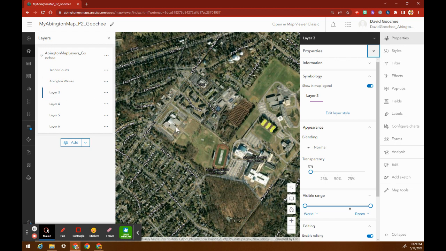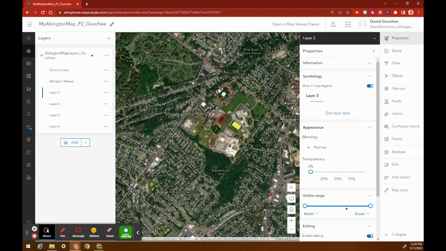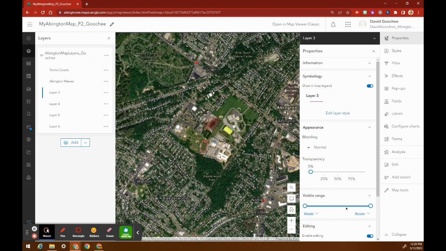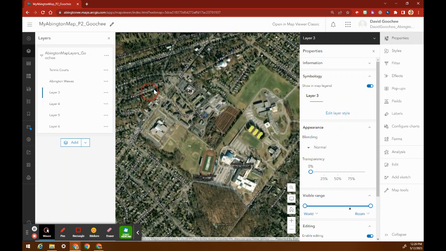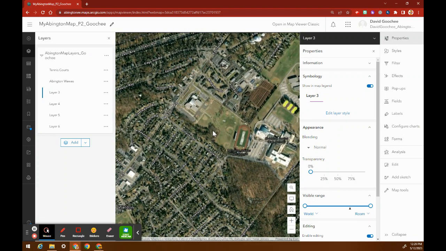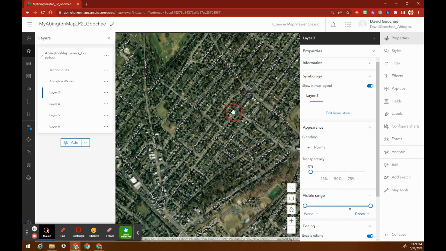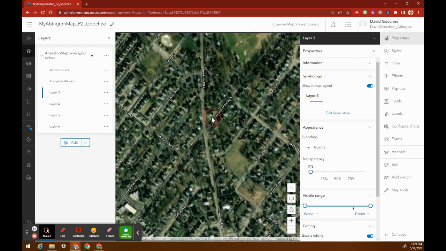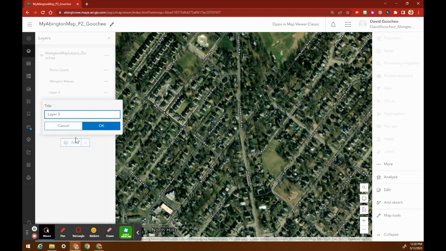All right, and what you're going to do is map out two routes on this map. I am going to map out the route that I take when I walk to school. So let me start by finding my house. All right, here's my house. So I am going to click this layer. I am going to click the three dots and I am going to rename it